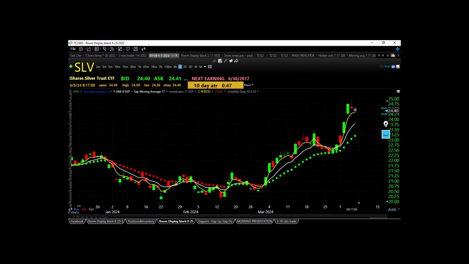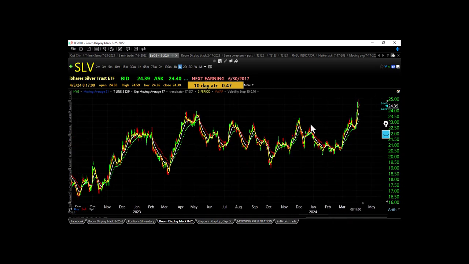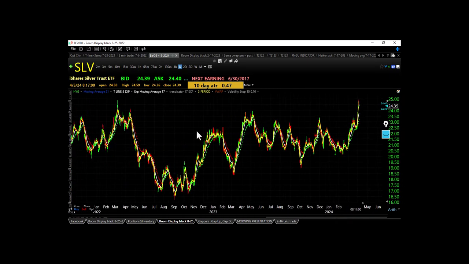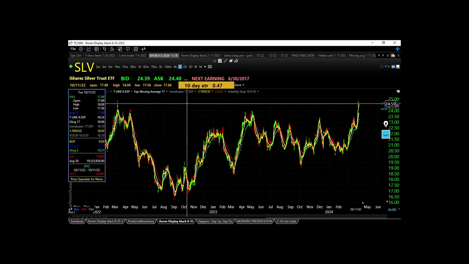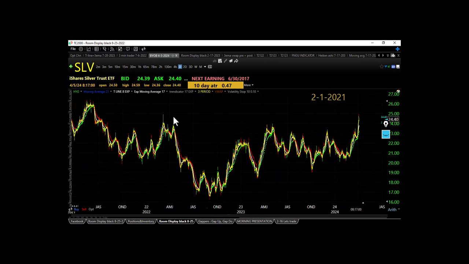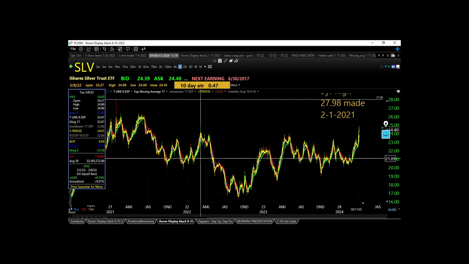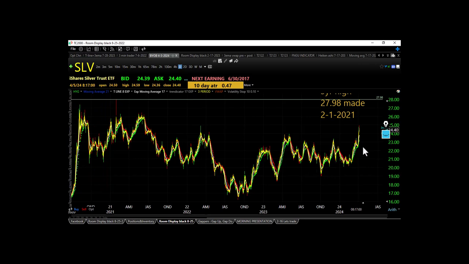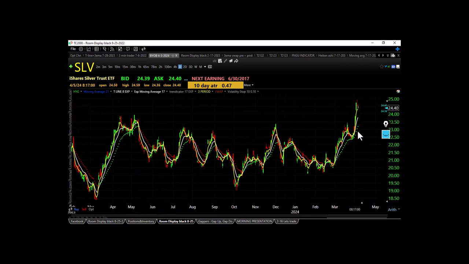Gold is on fire. It's doing really well. Silver, new 2-year high yesterday. Zoom all the way back here so you can see all the way back to 2022. See right there? And I wonder if we got a 3-year high. I'm just curious. All right, so the high here is 24.17. So if we got up over 24.17,